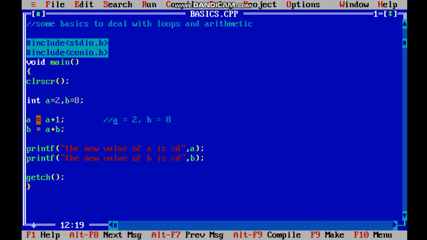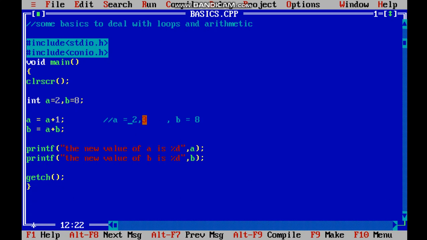So a is equal to a plus 1. See, a is 2, then 2 plus 1 is 3. As the value of a was 2, now a will get the value of a plus 1, that is 2 plus 1, that will be 3. Now the value of a is 3 and not 2.